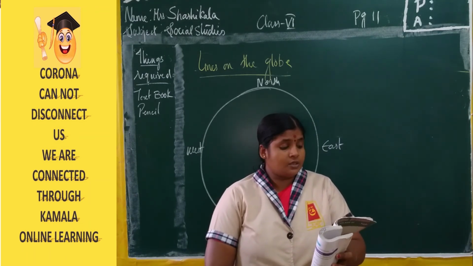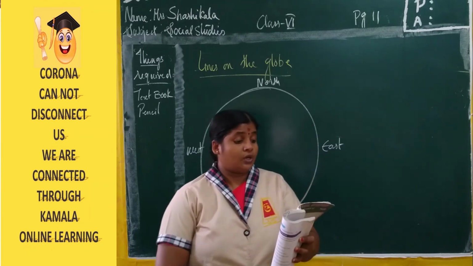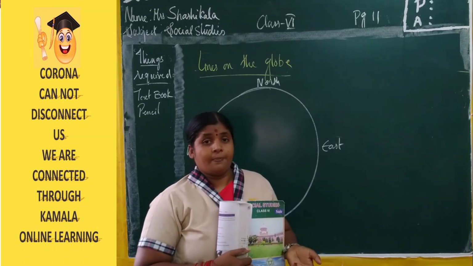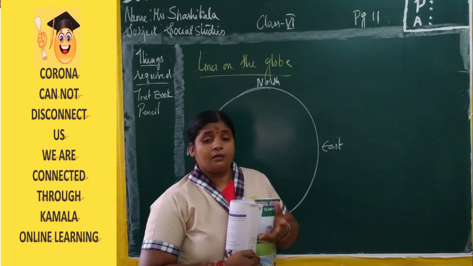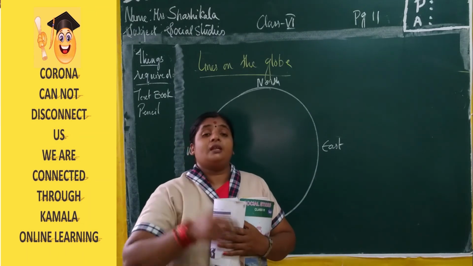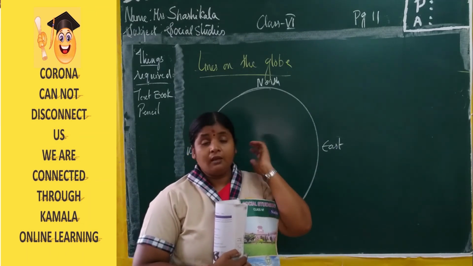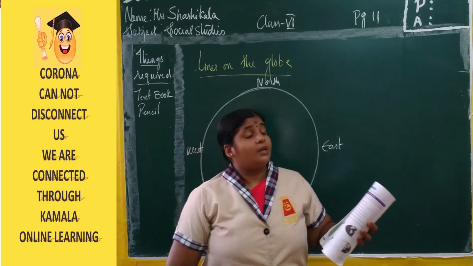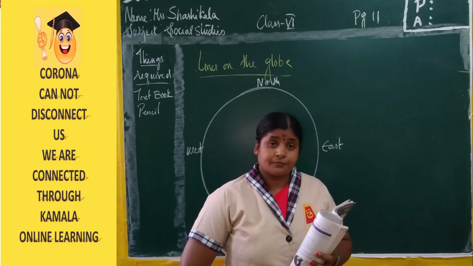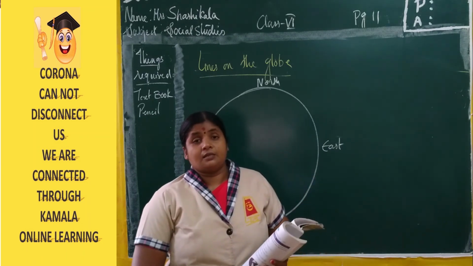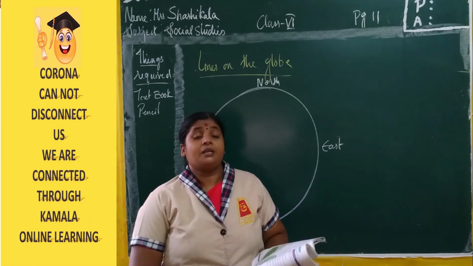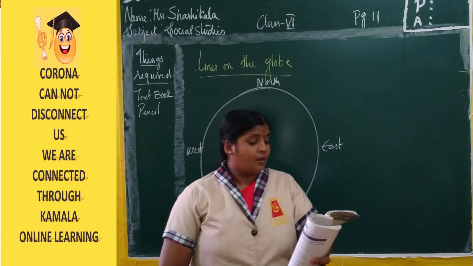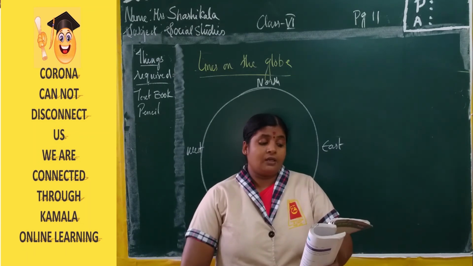These imaginary lines drawn by the map makers help us to locate the places on the globe and maps. Here on the earth we can't see these lines. Right? These lines are imaginary lines. With the help of these lines, we can locate the places very easily and we can know about the time of the particular place. Who made these imaginary lines on the globe? Nothing but the scientists. To understand the maps and the globes very easily, they have drawn these lines on the globe. Now we will see how they are drawn in the later classes.